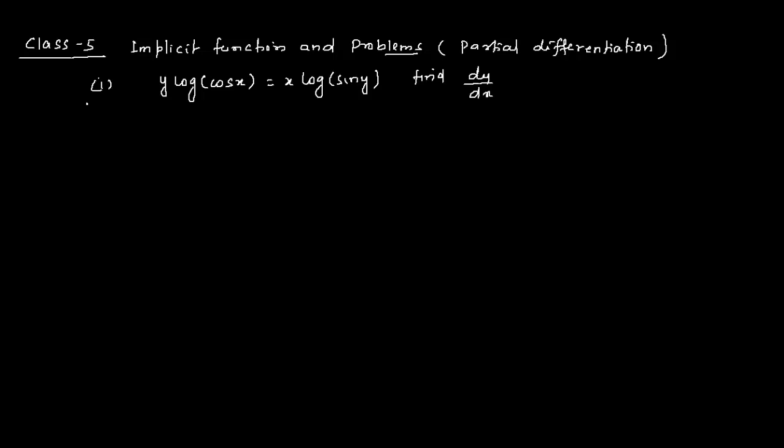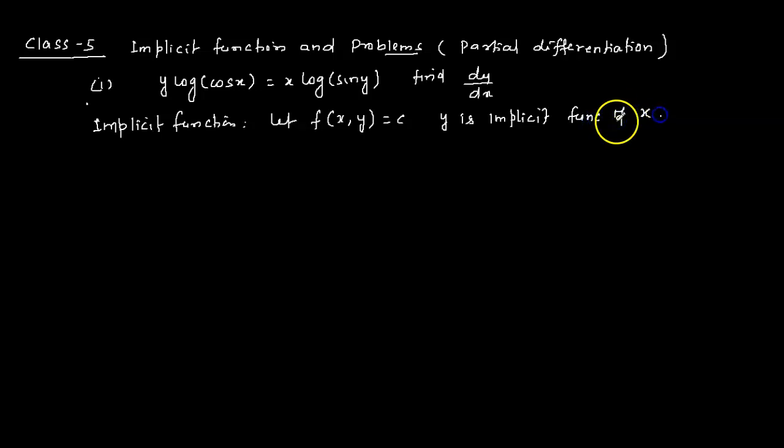And today's lecture we are going to discuss implicit functions and total derivatives. So what is meant by implicit functions? Let's consider f is a function of variables x and y and is equal to a constant c. So we can define that y is an implicit function of x.